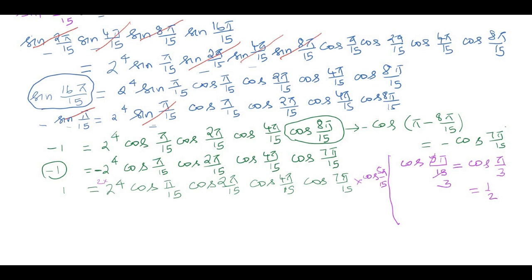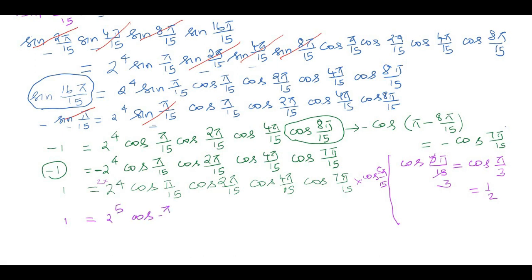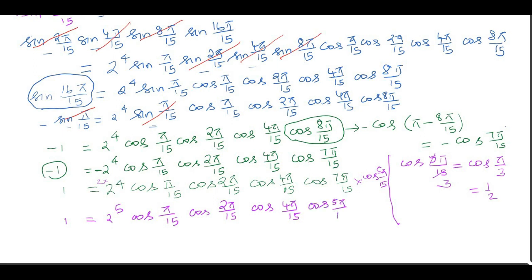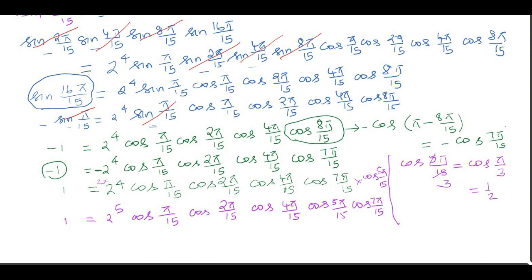So what you get now? 1 is equal to 2 power 5 cos pi by 15, cos 2 pi by 15, cos 4 pi by 15, cos 5 pi by 15, also cos 7 pi by 15. So cos pi by 15, cos 2 pi by 15, cos 4 pi by 15, cos 5 pi by 15, cos 7 pi by 15 is there. So few more terms on the right side missing. So what we can now do,